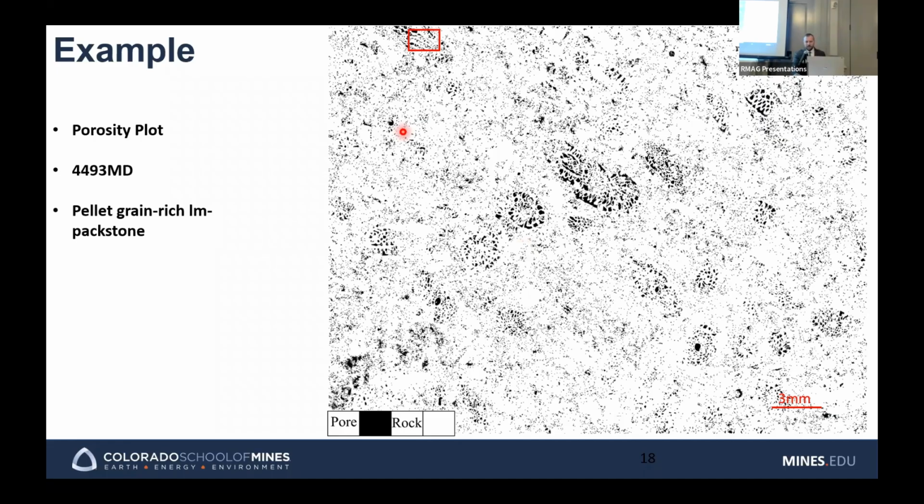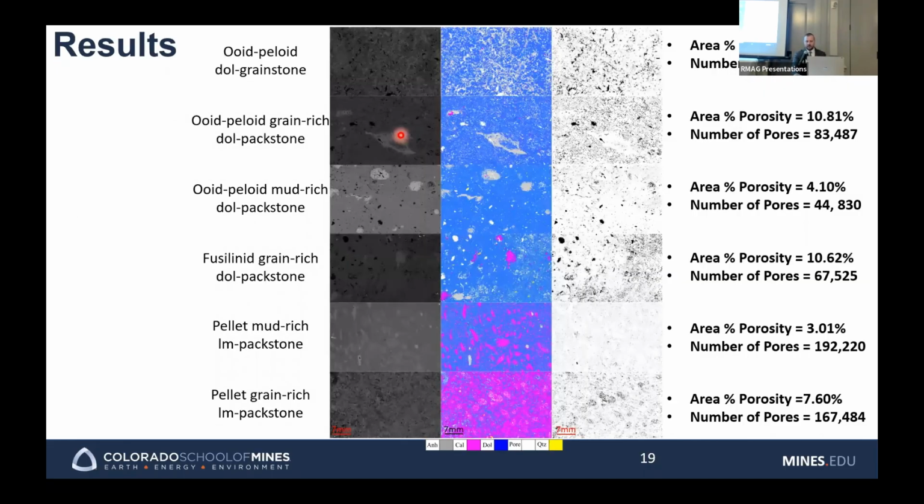So here's an example of some results of just 6 different thin sections. The ones that we were looking at are here on the bottom. Each has a BSE image, a mineralogy, and then a pore map. Now, I think you can do some quick back of the napkin math and get your area percent porosity. But I think the thing that's most interesting was